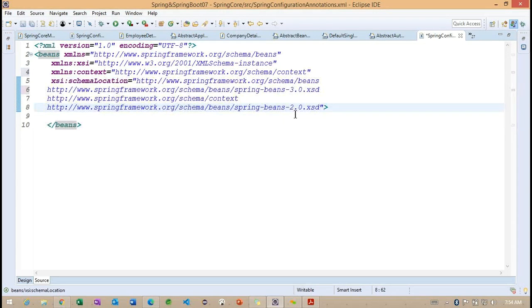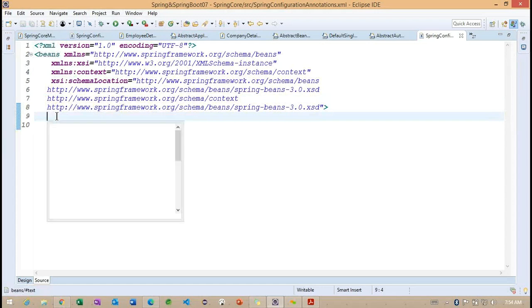Let me change these sections to 3, because now we are moving to the 3.xsd, to work on the annotation related example.